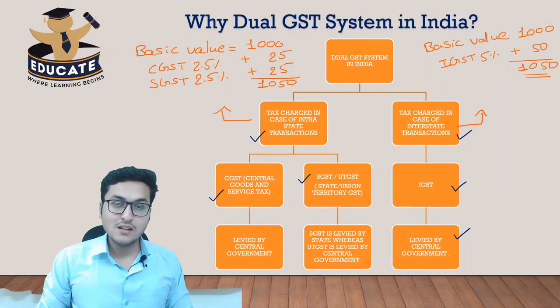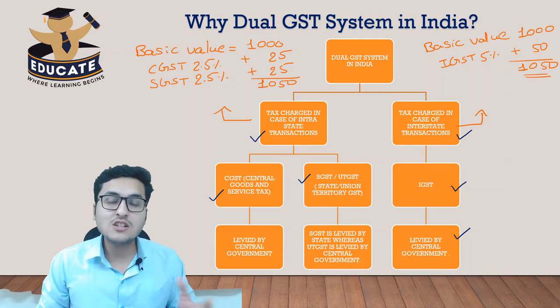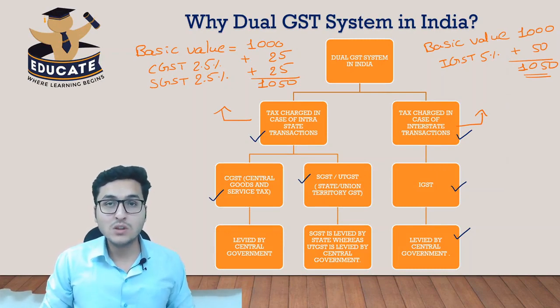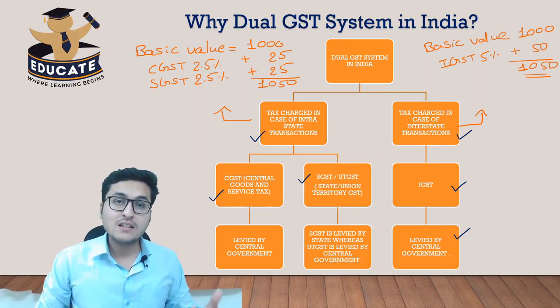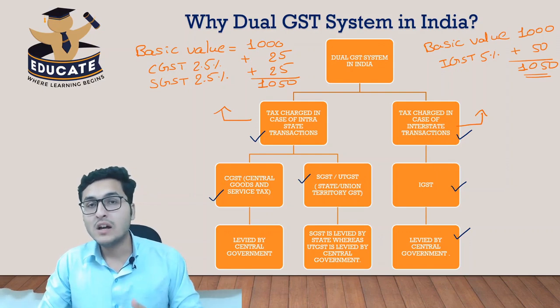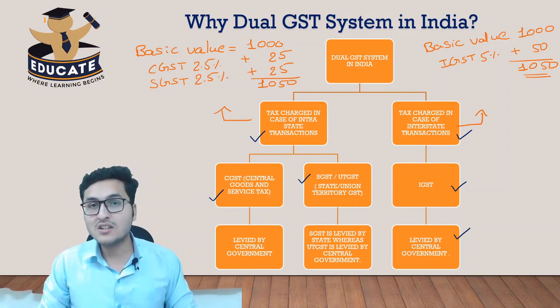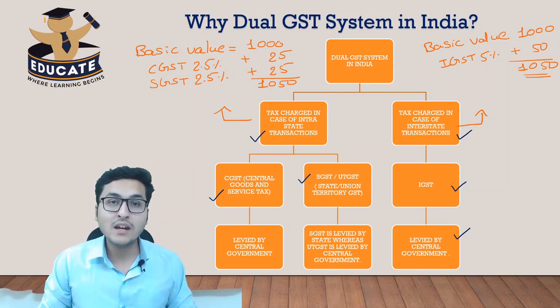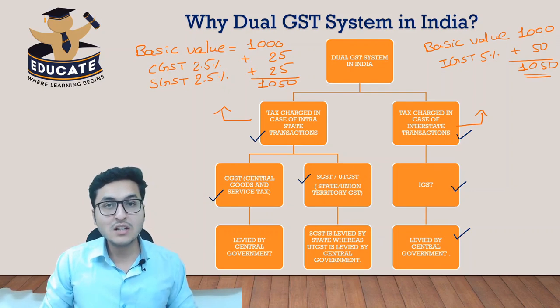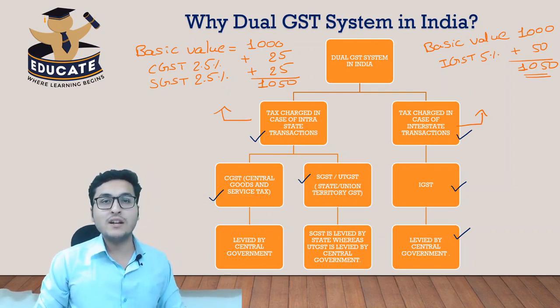So friends, the question arises is why we cannot just charge GST on the basic value and get done with the transaction. Why central government is charging taxes in the form of CGST and state government is charging taxes in the form of SGST? Why in case of interstate transactions, IGST is levied and it is collected fully by central government? So these are the queries that we need to understand, and these queries, friends, will be addressed in the